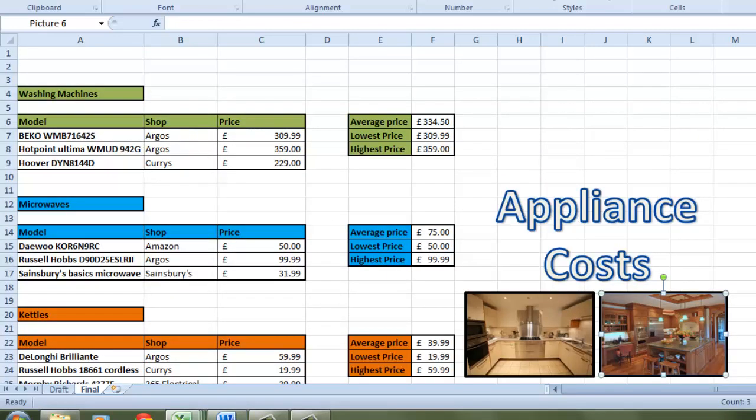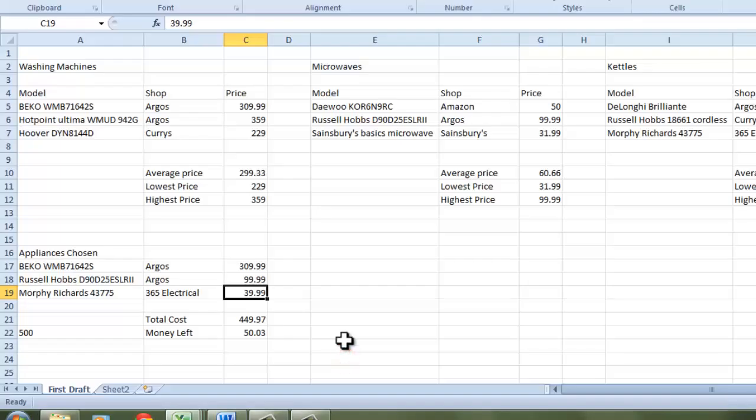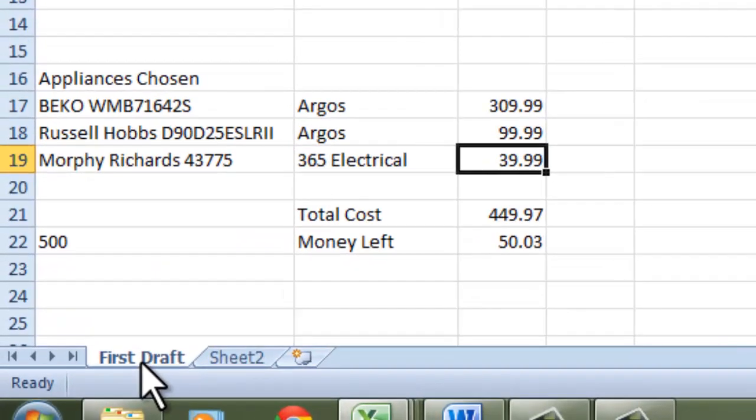So what I'm going to do now is show you how to do that, and a lot of you will already know how to do this kind of thing, especially for things like the cell shading and applying borders, but it's just good for those of you who don't know to have a quick look at this. So what I'm going to do first of all is copy this particular worksheet here,